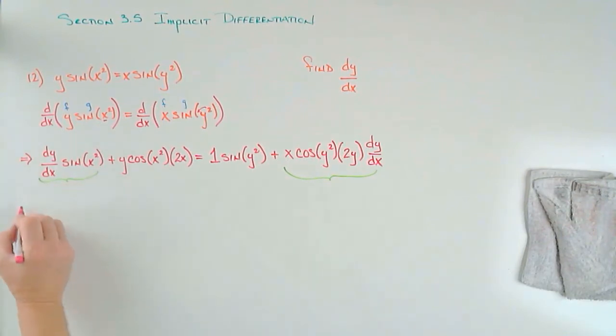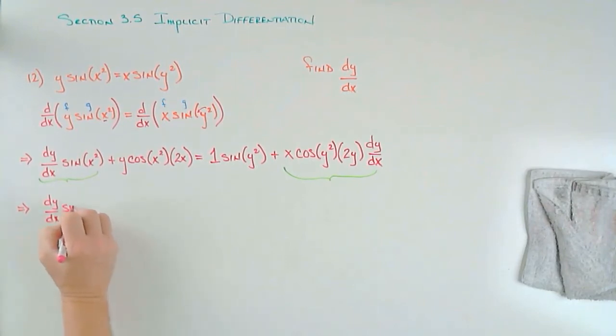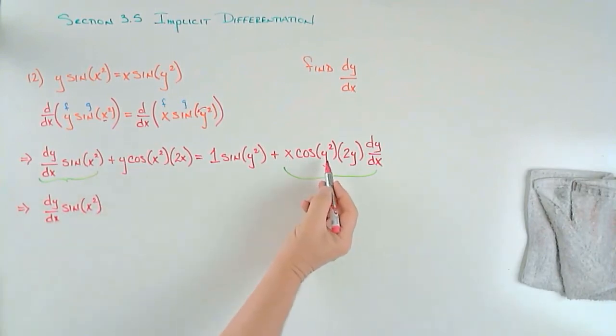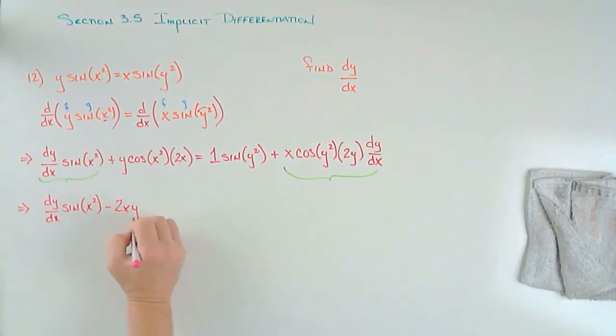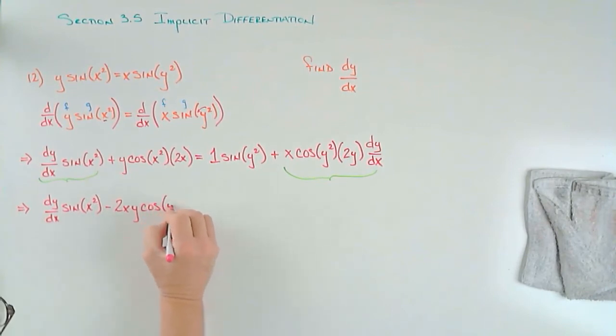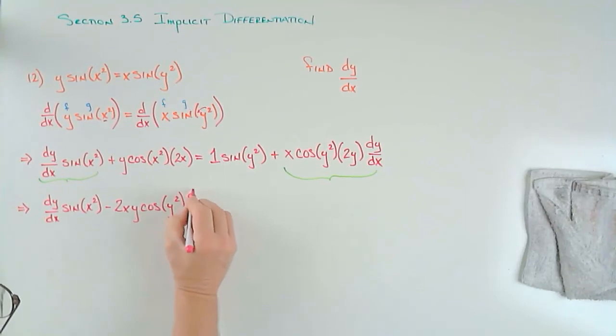So I'm going to leave this term here, dy dx times sine of x squared. I'm going to bring this term across the equal sign, so it's going to be negative 2xy cosine of y squared dy dx